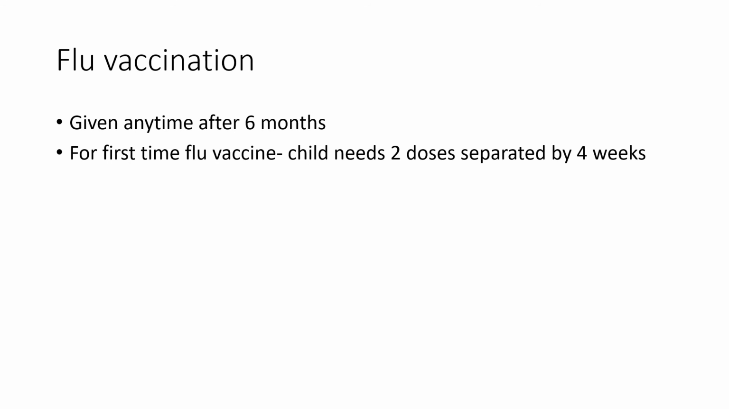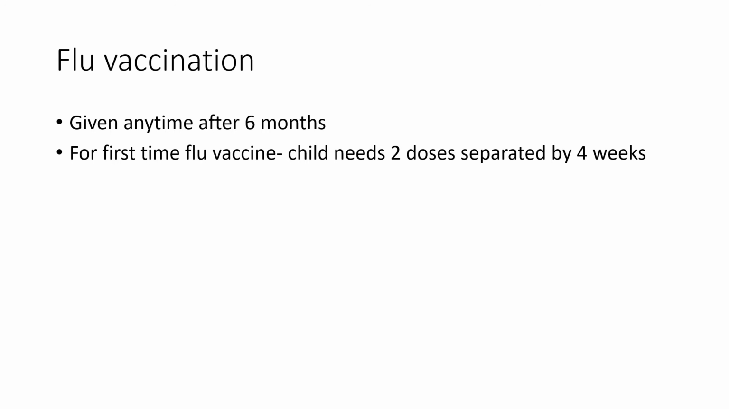For flu vaccines, depending on the flu season, which is typically between September through April, the flu vaccine can be given anytime after 6 months of age. For the first time that they're receiving the flu vaccine, they need to have 2 doses separated by 4 weeks. Again, educating parents that they will have to return for that second dose of the flu vaccine so that they